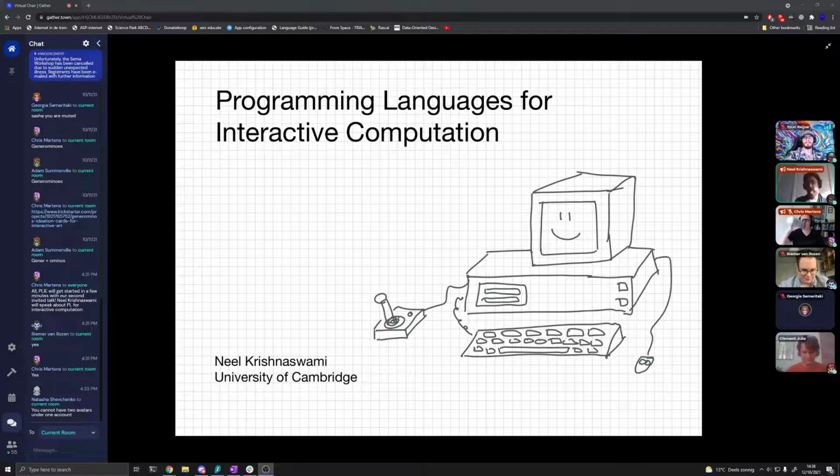Yeah, so like Chris said, for a number of years now, I've been working on programming languages for interactive computation. The scientific question here is that when we think about computers, if you look at a textbook on Turing machines or hardware architecture, there's a lot of focus on this stuff that's inside this box. So like the CPU, the hard disk, memory, reading, writing functions, that sort of stuff.